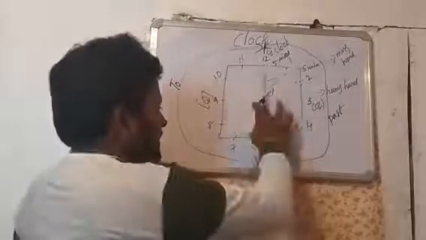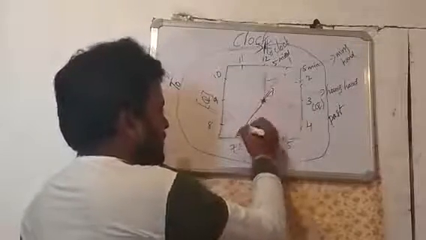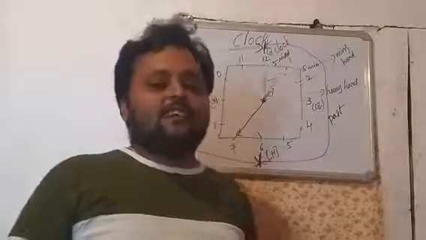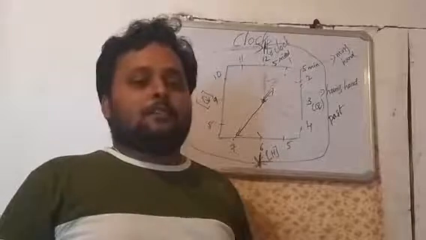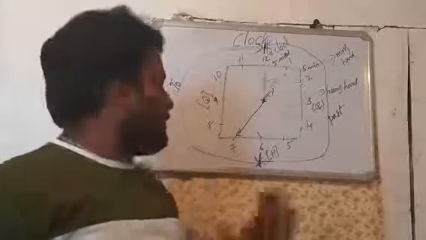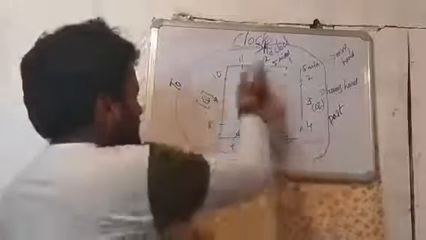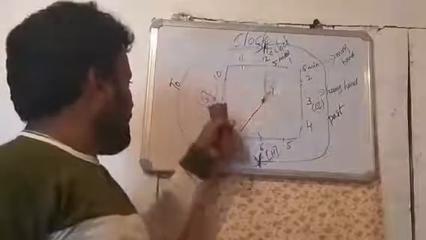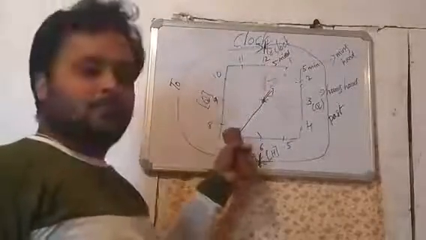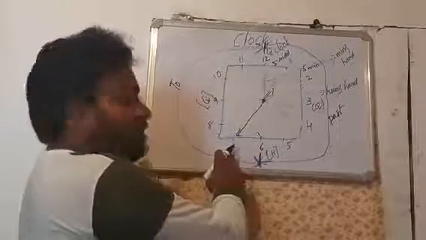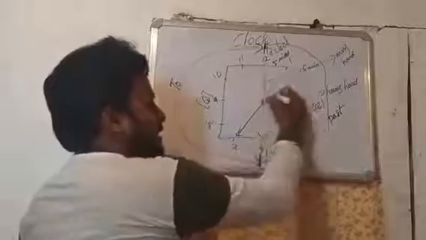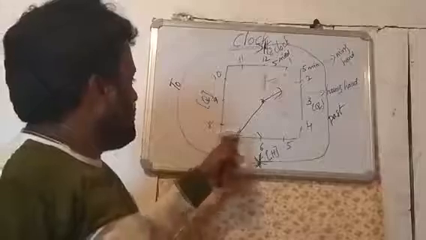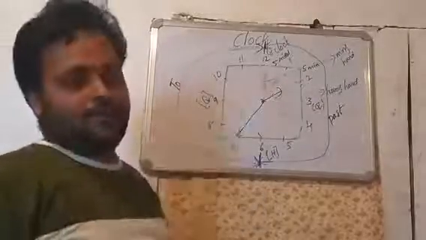Next, now the minutes hand has moved from 12 to 7. Means 5, 5, 5. 7 5s are 35. Simply you can tell 35 minutes past 1 o'clock. But it is wrong. Simply you have to tell the time with respect to 2 o'clock. Means this is 2 time. Simply how many minutes less? 5, 5, 5, 5, 5. Means 5 5s are 25. Means now the time is 25 minutes less than 2 o'clock. Means now the hours hand has moved a little close to 2 o'clock. Simply you can tell 25 minutes to 2 o'clock.